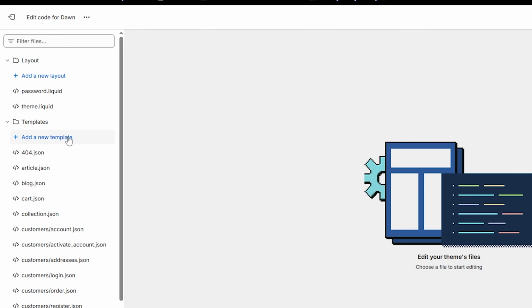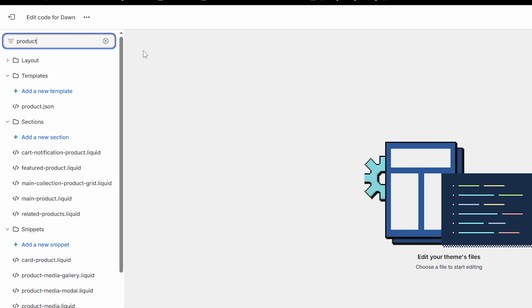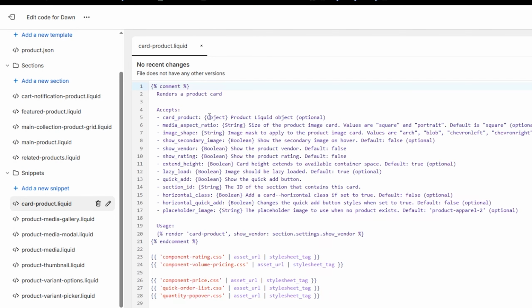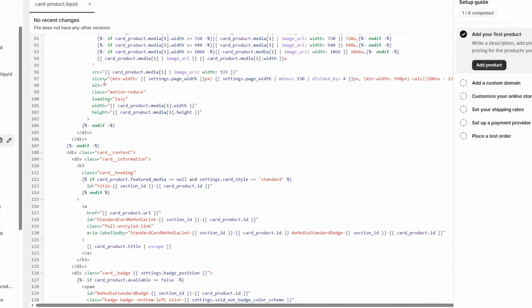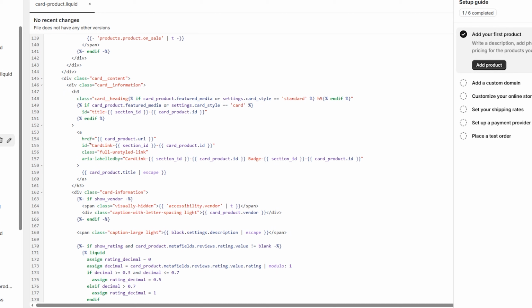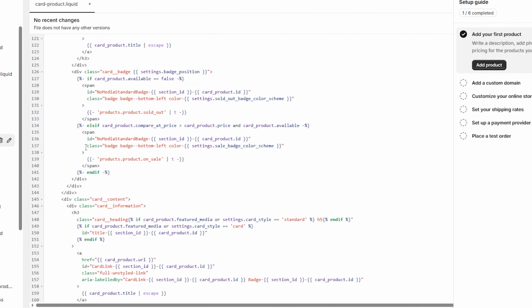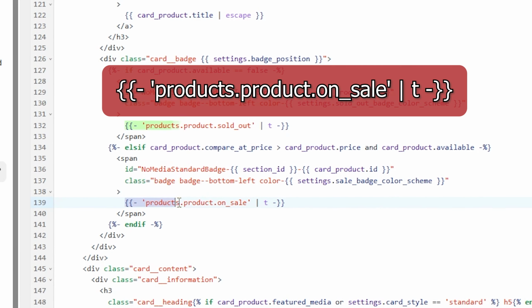And now what you're going to do right now is to search for product. Then go down till you find here in snippets section, you have this option right here called product liquid. Click on it. Then it will show you this code right here. Go down till you find near 139 or 133 line. You will find between these lines this code right here, which has this text right here,